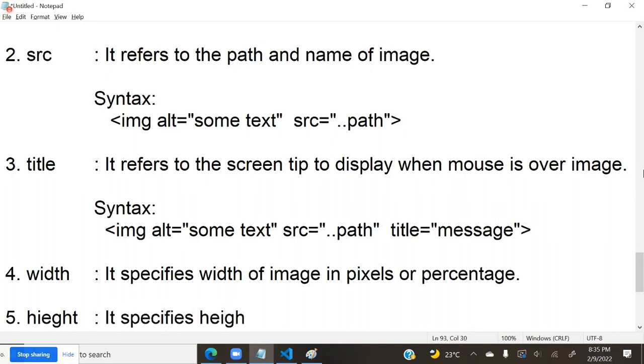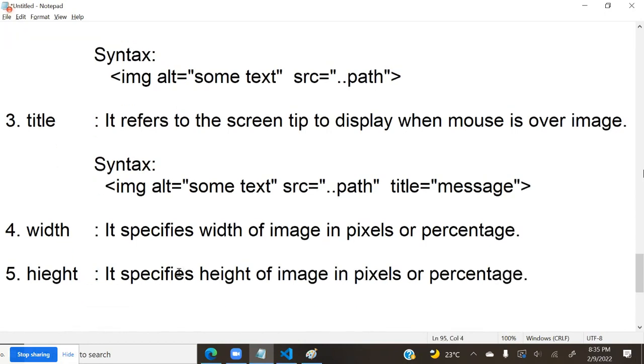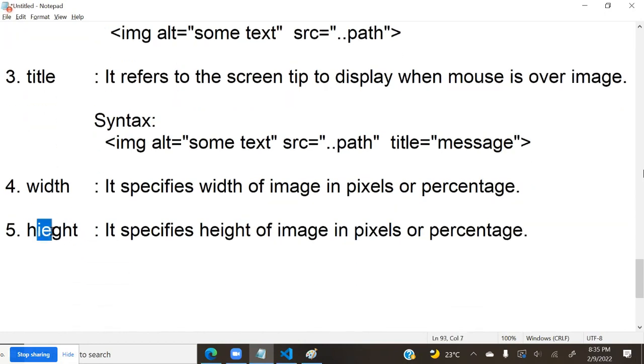It specifies the height of the image in pixels or percent. What is the difference between pixels and percentage? What is the difference? So, note here, simply, the size